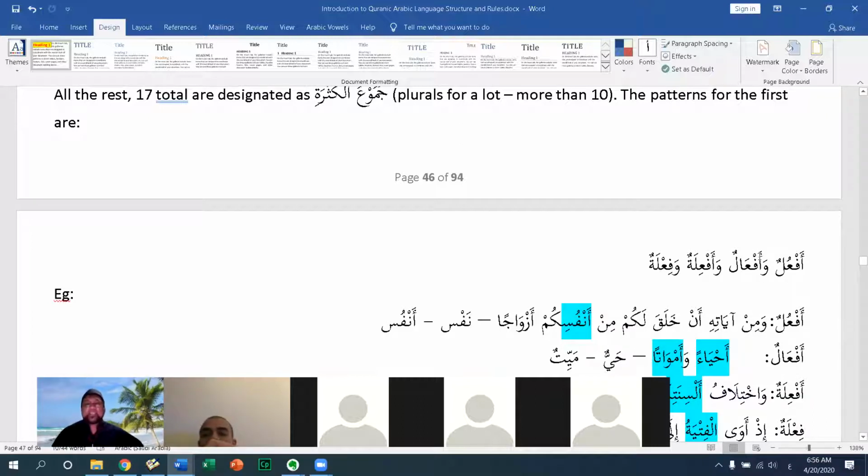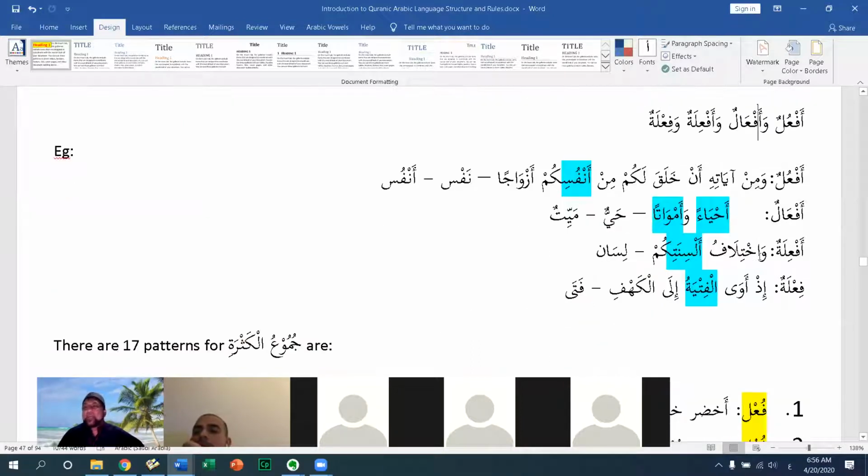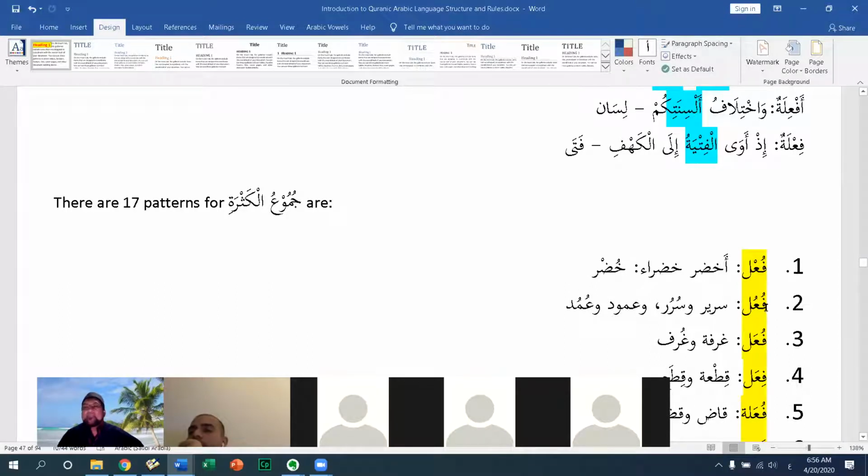So if you were to ask me a word, just throw a word out there. Kitab. So the plural of kitab is kutubun. Kitab, the plural is fu'ulun. See that? Kitab, how do I know that? You just memorize it. Fu'ulun. It's this pattern, kutubun. How did I know that? Because kutubun is something you use all the time. That's how you memorize. That's how you learn it. Kitabun wa kutubun.